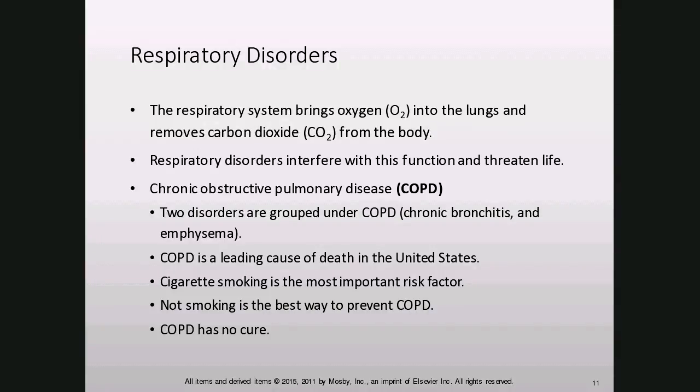And don't just think it's cigarette smoking either. When I say cigarette smoking, it's any smoked tobacco product: cigars, pipes, chewing tobacco, any of that. It can all be irritating. And exposure to secondhand smoke. Just because you don't smoke, if you have someone who smokes in your house, then you can be exposed to that smoke, that secondhand exposure, I should say.